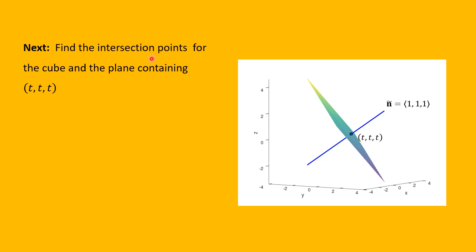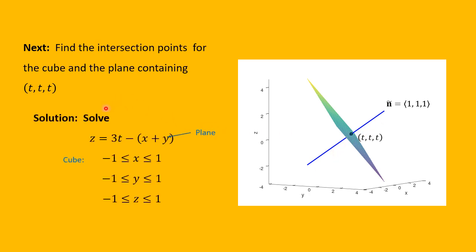So let's now find the intersection points for the cube that we've been discussing and the plane containing the point (t, t, t), which is perpendicular to that line L. So what we want to do is to solve the following system of equations and inequalities. We want z for a point on this plane to satisfy z = 3t minus the quantity x plus y. We saw before that that was the general equation of a plane going through the point (t, t, t) and perpendicular to the line L. And because we want the point